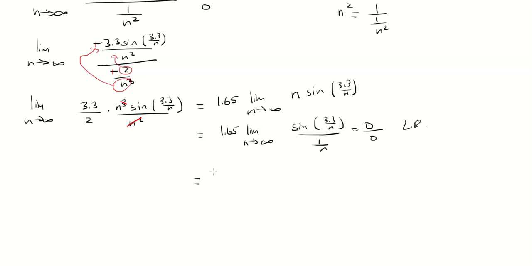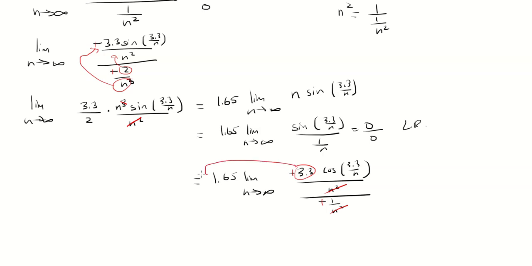So now we have 1.65 times the limit as n approaches infinity. We're going to take the derivative of sine 3.3 over n, and that's going to be negative 3.3 cosine 3.3 over n divided by n squared. The derivative of 1 over n is negative 1 over n squared. The two negatives become positive, n squares go away. This 3.3 is going to come outside and multiply the 1.65, and you get